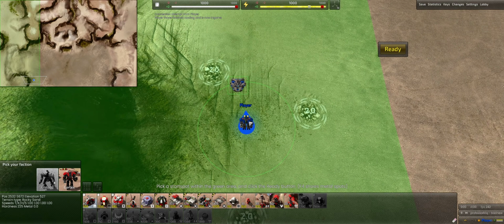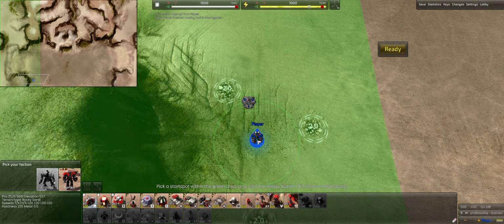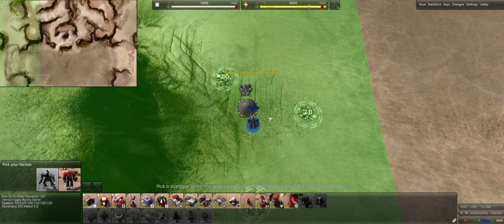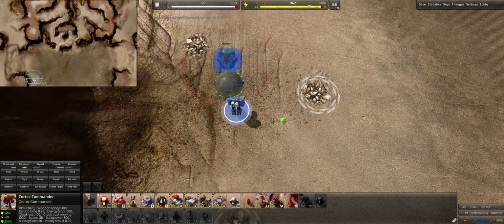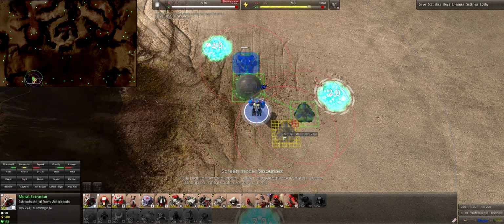So let's start. First off, should be self-explanatory, but you want to place your commander in the middle, just so the line is there. And after that, I like to go solar. I think solar is better in this case. I find it gives you better, tighter builds since